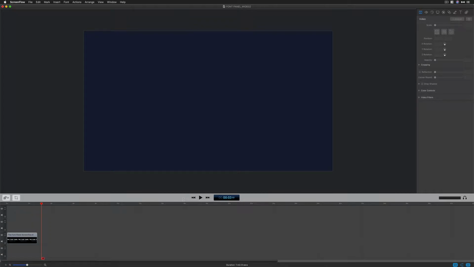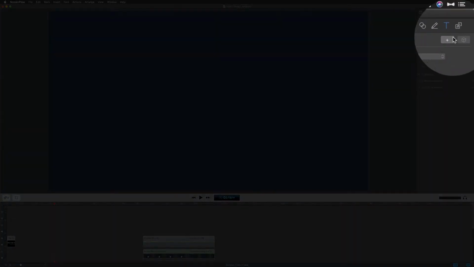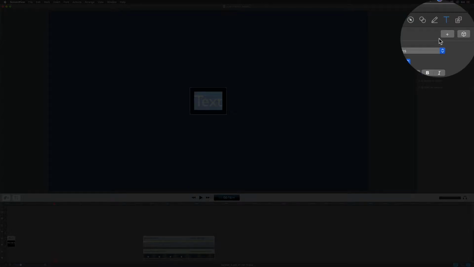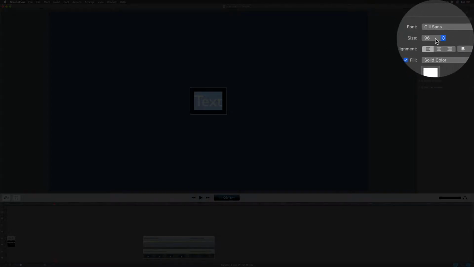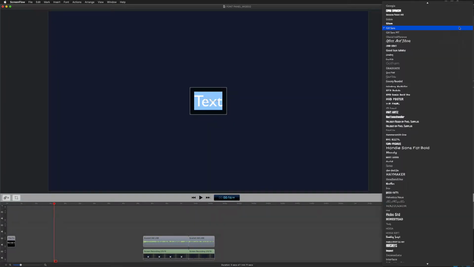To add text in Screenflow, you're going to come over here to the inspector panel and click on the letter T, or use the keyboard shortcut Command 8 will jump you over to the text tool property. Click on the plus symbol, it's going to add some default text. The default font is always going to be Gill Sans, and the size is always 96 when you first add text. If you want to change the font, you can click on this drop down menu here and you get